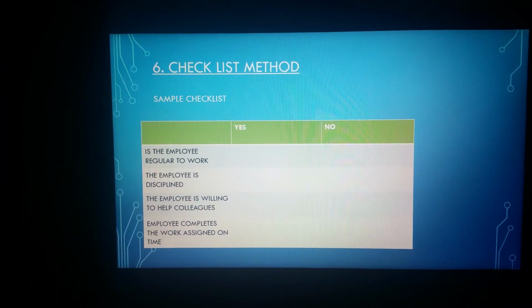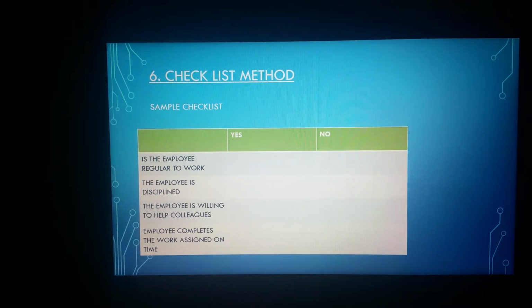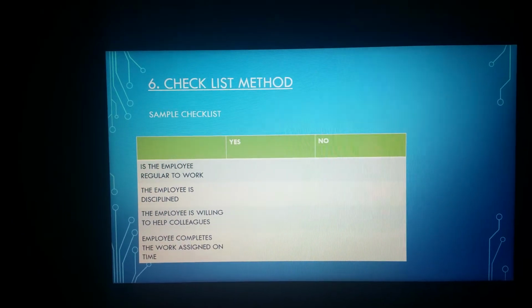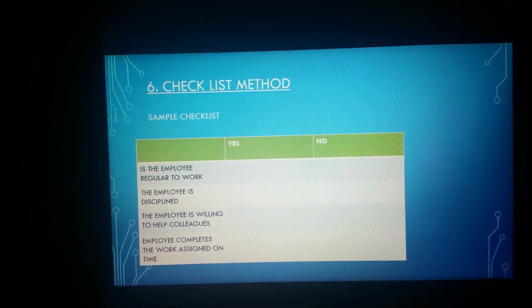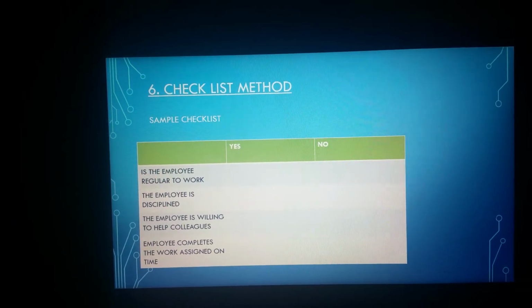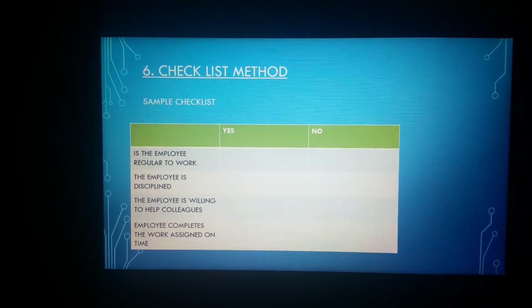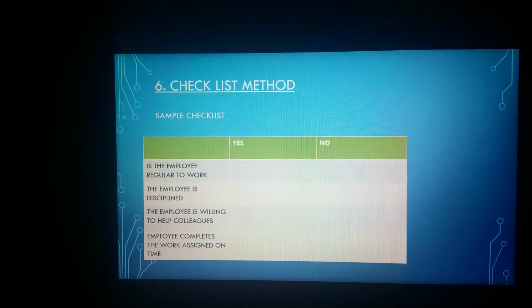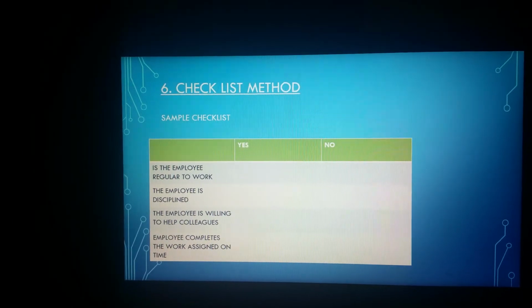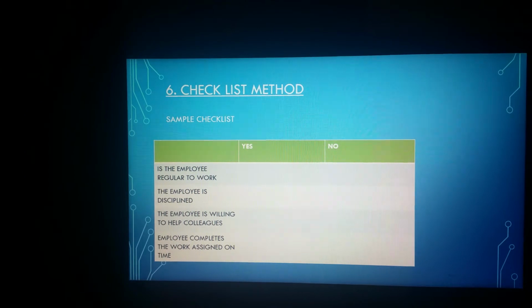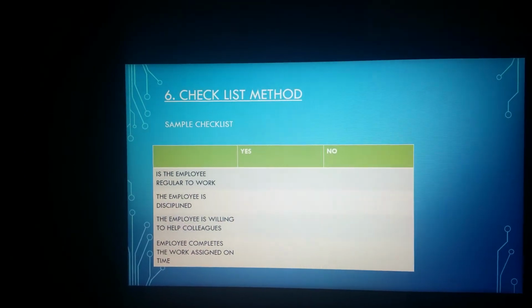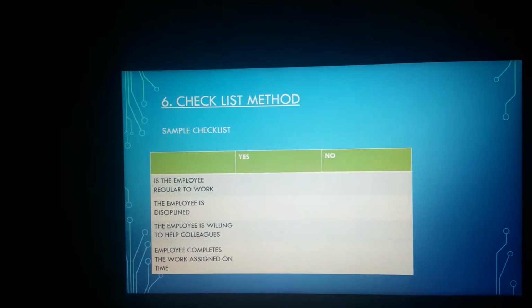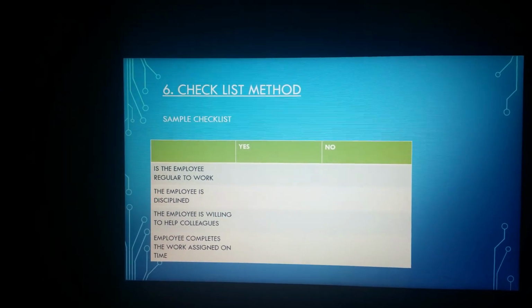In this checklist method, a series of statements is given, with answers like yes or no, prepared by the HR department, and then it is presented to the appraisers, and the appraisers tick their answers based on their evaluation of the appraisee's work. Once the checklist is completed, it is sent back to the HR department, and based on the checklist, the HR department prepares the final scores of the employees. The next method is